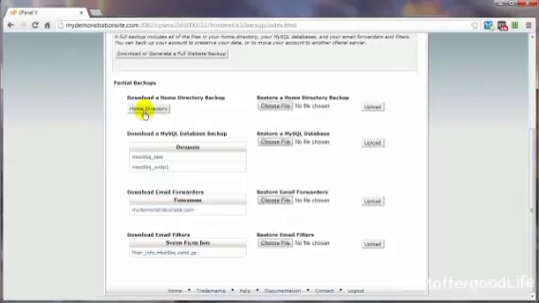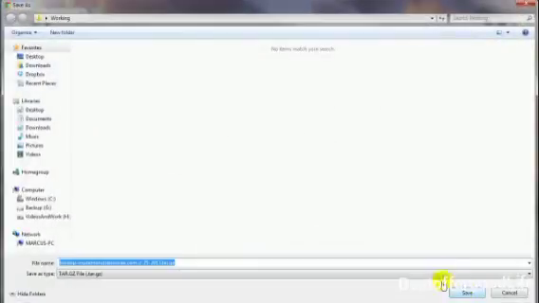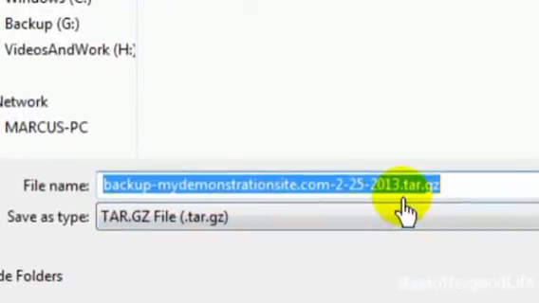So go ahead and do this. Just click on home directory. Navigate to the location on your computer where you want that file to be downloaded to. And again, I would create a folder, give it a date, maybe label it also backup for such and such, and then click on save. Now you can see here, it's not your typical .zip file. It's a